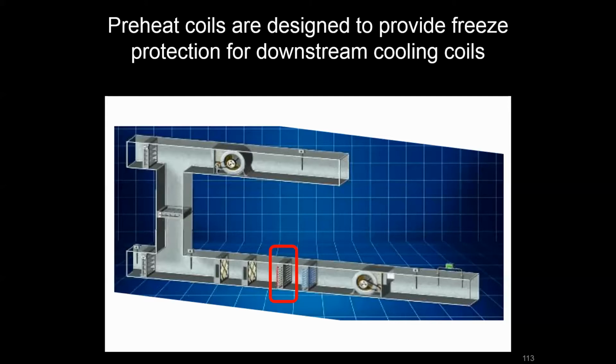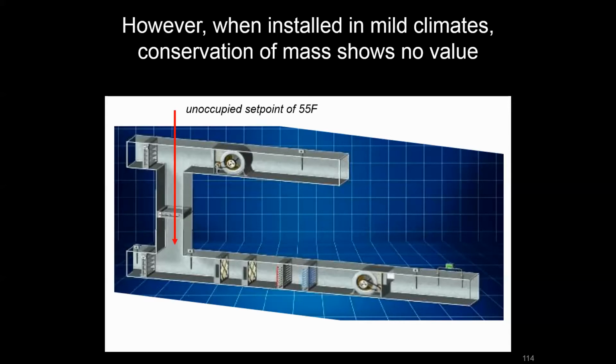So the job of this device is to prevent freezing in the cooling coil when the cooling coil sees less than 32-degree air going across it. So you might think that there's really not a lot of places that are going to not have under 32-degree air at some point outside. But an important thing that we want to keep in mind is that we may never really see that 32-degree air in some instances. So let's, for instance, take this air handler and say that it's part of a digital